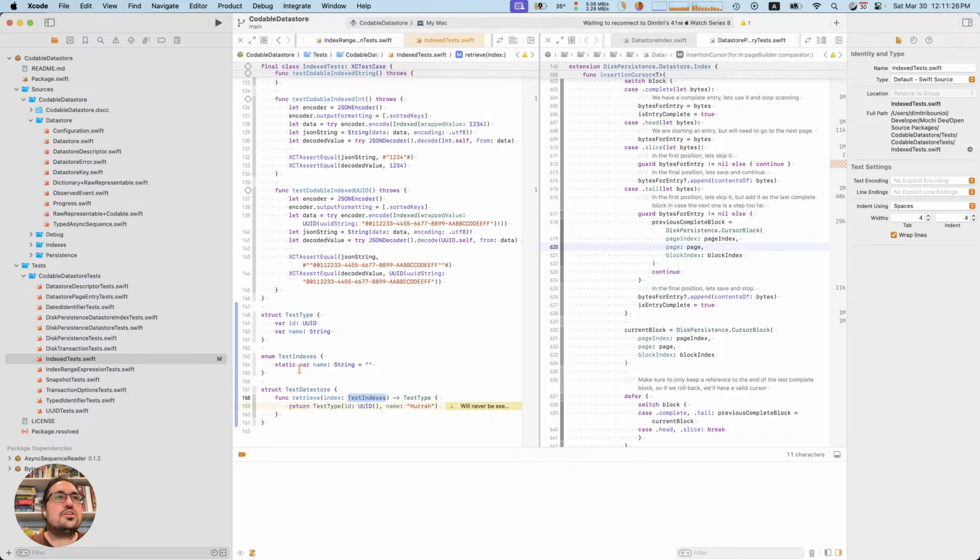Okay, this is going to need a change because it needs to be specific to this type, but also it needs to have enough information to return a proper index.